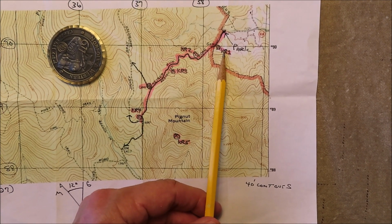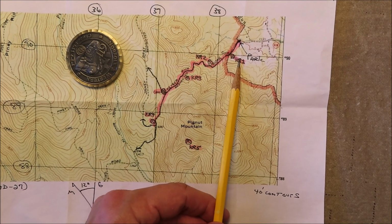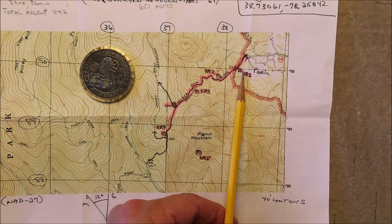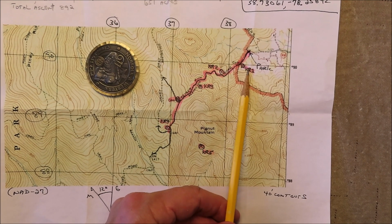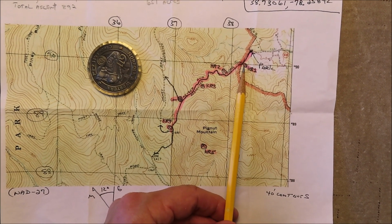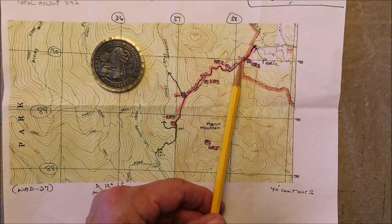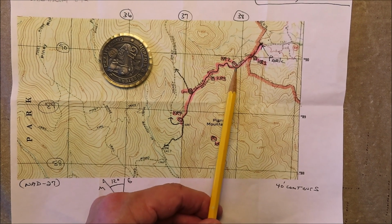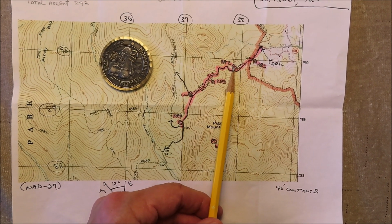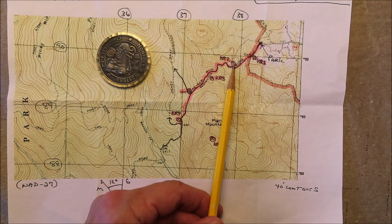Now these Kaiser Run waypoints, I had 4 or 5 of them. These I got off of an older map I'll show you in a few minutes. So Kaiser Run waypoint 1, that's outside the park boundary, so I didn't explore that one. Came inside the park, came up here to Kaiser Run waypoint 2 right here. This is at a bend in the road. Found that